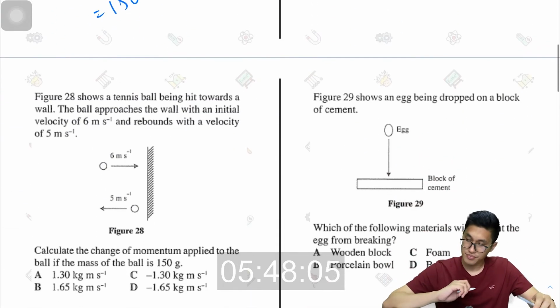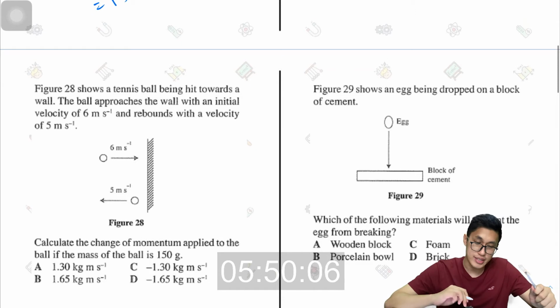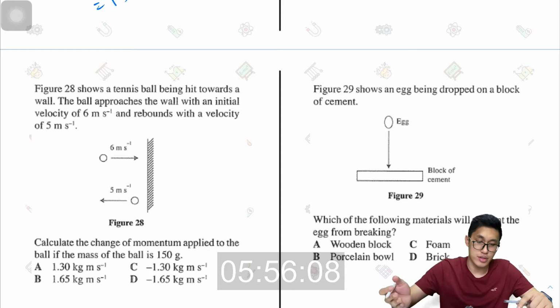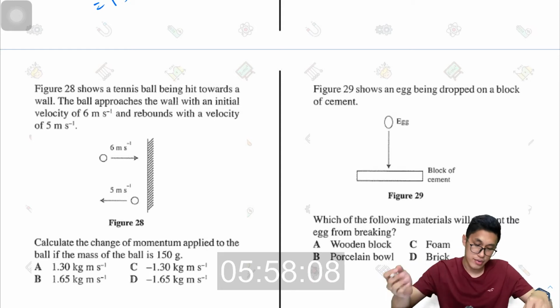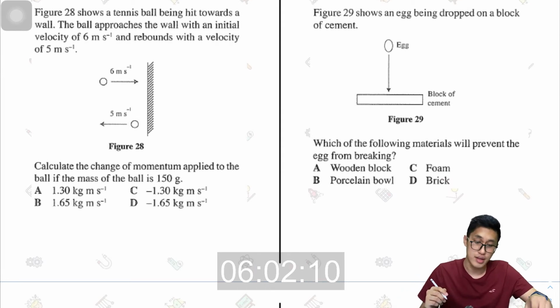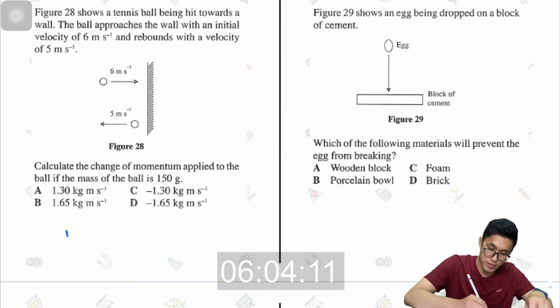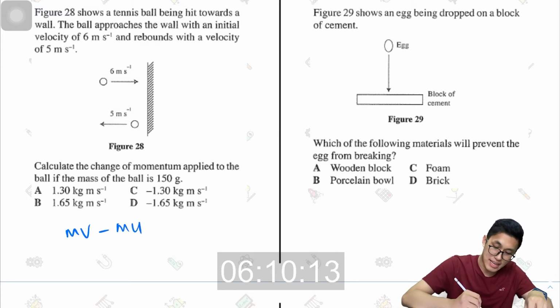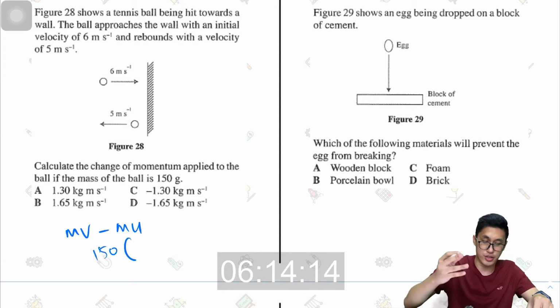Next, figure 28 shows a tennis ball being hit towards the wall. The ball approaches the wall with an initial velocity of 6 and rebounds with a velocity of 5. So calculate the change in momentum if the mass of the ball is 150 grams. So the change in momentum will be mv minus mu, I believe. And mass will be 150, right? I'm just extracting,